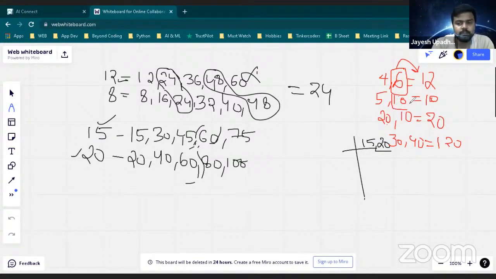If it is 10, just see, we are getting either equal or more than that. So in this case, I'm getting equal. 20 is greater or equal. In this case, it is equal, so I'm getting 20 back. Simple. 30 and 40, I'm getting more than 40.